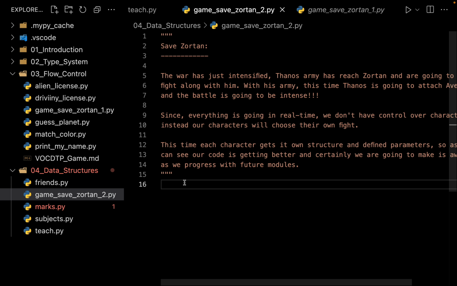So this time what is happening is the war is just getting more intensified. This time the army of Thanos is also arriving. And since it's going to be a very intense fight, our program will automatically choose a superhero and a supervillain, and our Avengers have exactly 3 chances to defeat Thanos. Now this time, since we have already seen data structures, we are going to create a nice data structure for